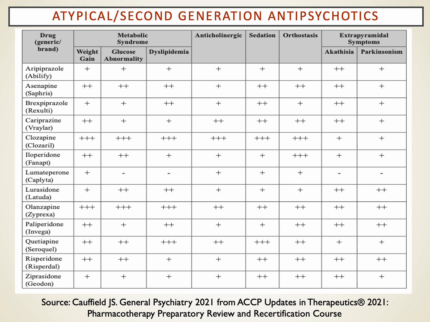Of the rest of the agents, there are a couple on here that have a unique profile. I'm going to skip down to a few of them and then end up with clozaril or clozapine. If you go down further, about midway is Latuda, lurasidone. Primarily I see this drug used for treating mania or mood disorders. I don't usually see it used in schizophrenia, but it has a role there. And it is pretty well tolerated in the sense that weight gain and diabetes risk are relatively low. So that's given it a benefit.